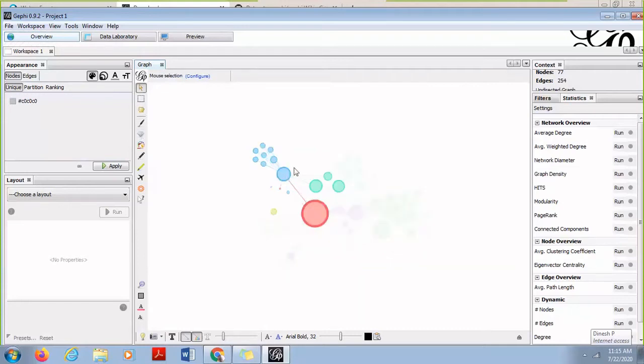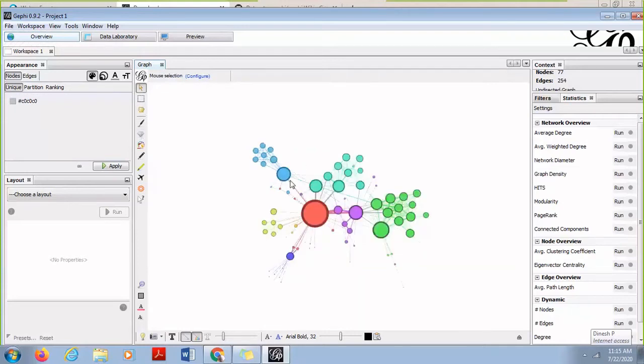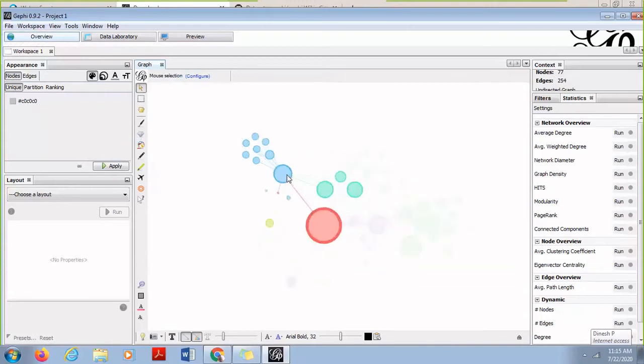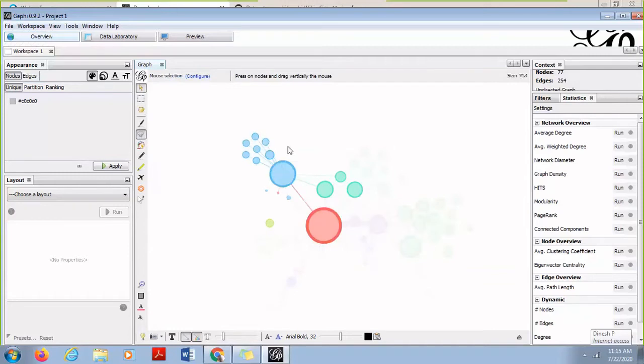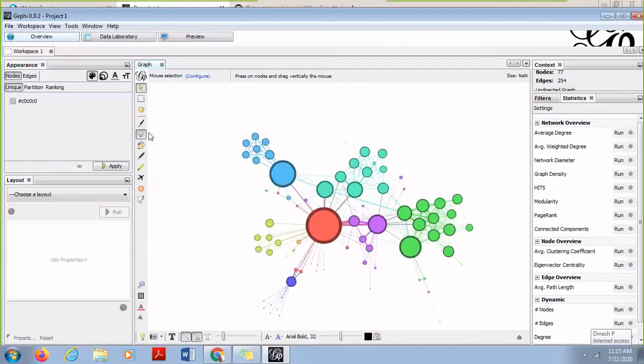and just scroll, I will be able to increase the size of the node. So with a click event and a scroll, I can increase the size of the node. Sometimes it is required that you need to increase the size of the node manually. You can do that also. Then there is a drag option which is available, which allows you to drag a node.